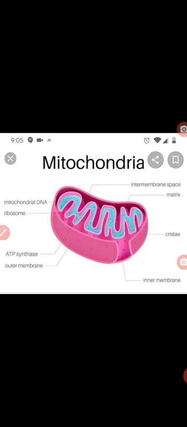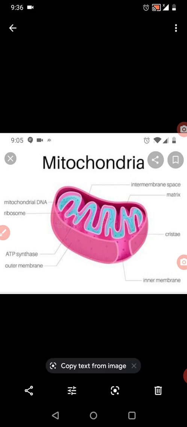We call it ATP, the adenosine triphosphate molecule. This is energy, and we call it a cell currency because it helps charge the cell. So where are these ATP molecules formed, children? ATP molecules are formed from where? From the mitochondria. During the oxidation process, energy is released. This energy is the ATP molecule.